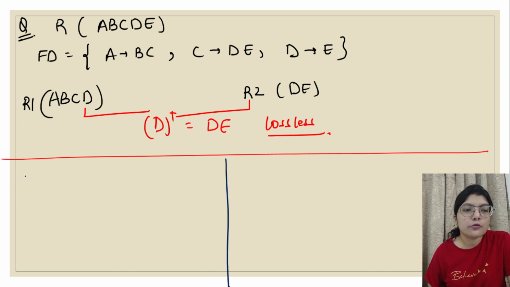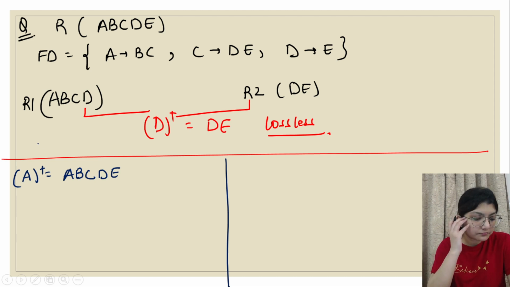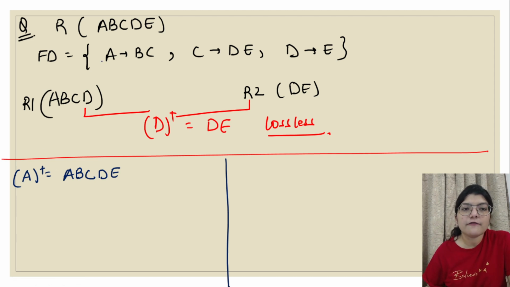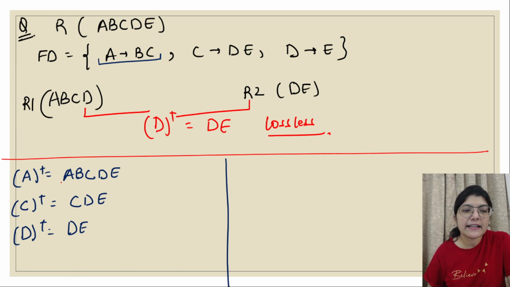First you will take the closure of A. What are you getting? A to B, C, and from C you're getting D, E. Correct? Then I'll take the closure of C. I need A to B, C, done. Then I need C, but I'll check whether I'm able to get it or not. The closure of C gives you C, D, E. And if you take the closure of D, I will get D, E, but I do not require E over here. So what dependencies am I getting?